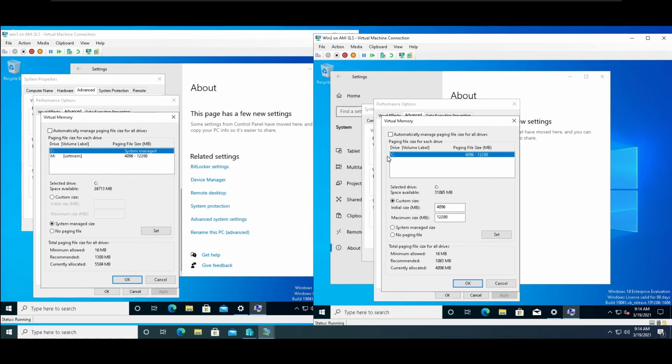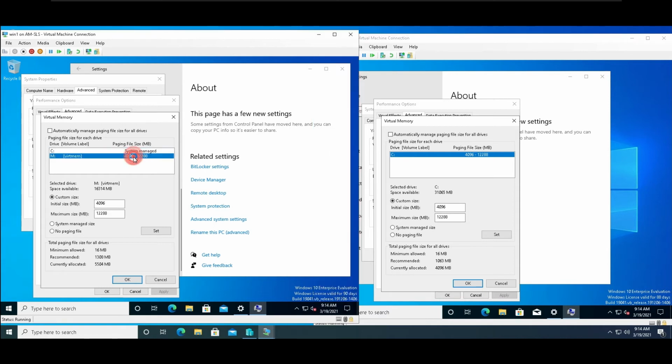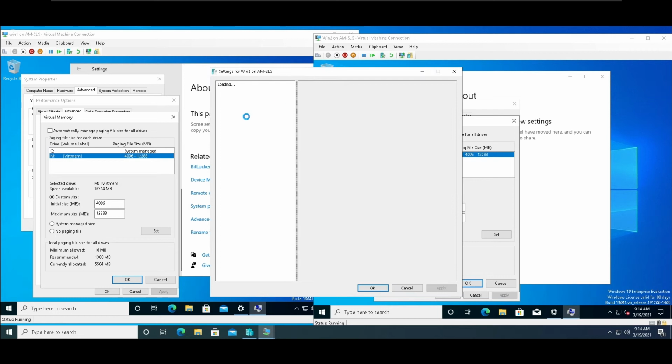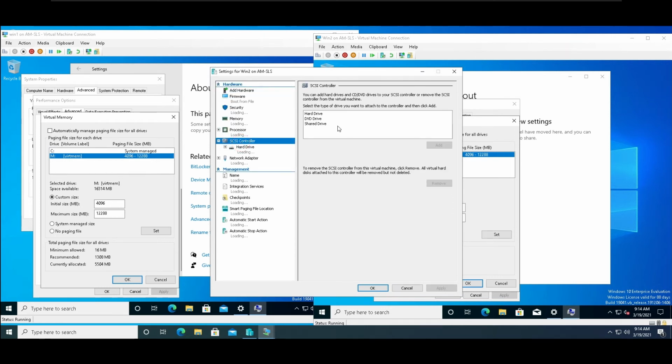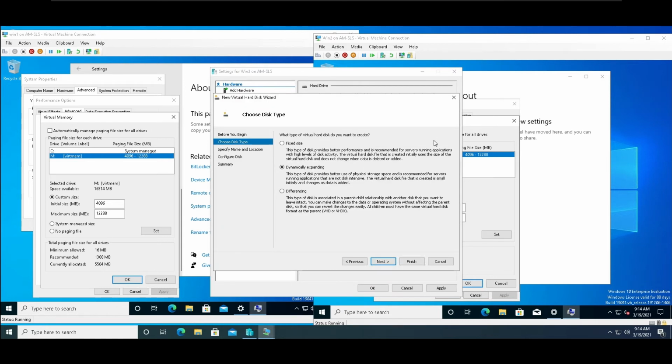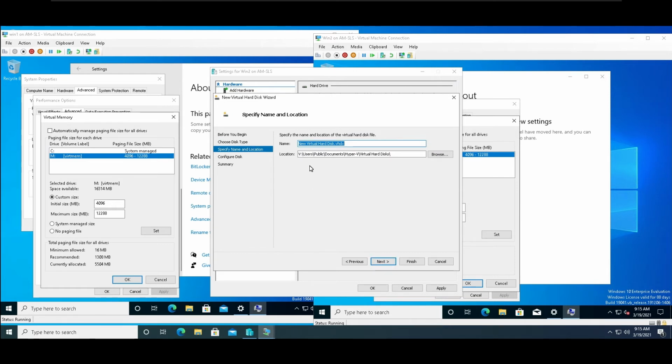All right. So you can see this one's on the C drive, and that one's on the drive I added. So right there, that one's on C drive. That's on that drive. If you want to add a drive, go up to File, Settings, SCSI, Hard Drive, Add, New. I would suggest you do a fixed drive for the memory one. And I would just say